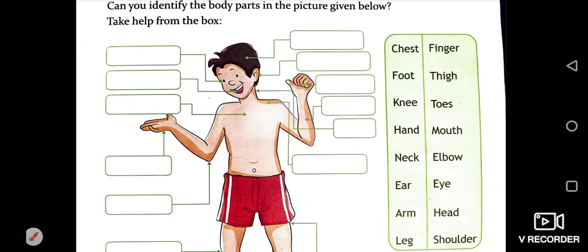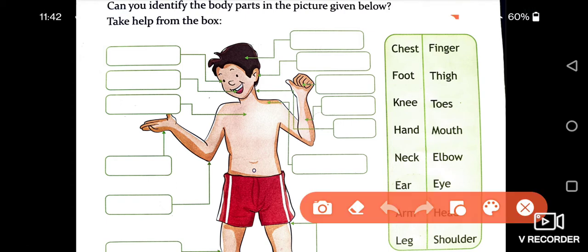So, to begin with, we have a picture on our screen which talks about the different body parts which we have, and on the right hand side we have been given a help box, and in this help box they have given us all the body parts names. Now you all know what you have to do. You have to fill in these body parts names into the correct box. We have already covered this particular diagram in class 1, so I would request you all to first try filling in these boxes on your own, and then I will share the answer with you.